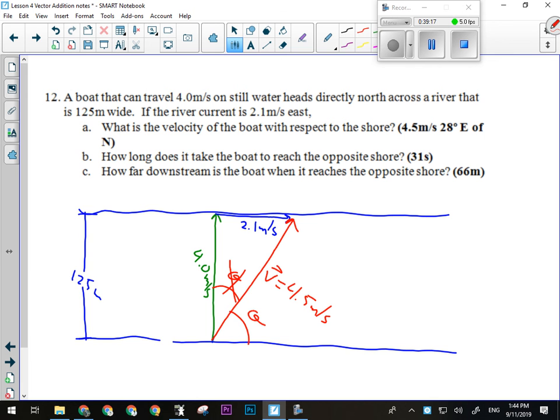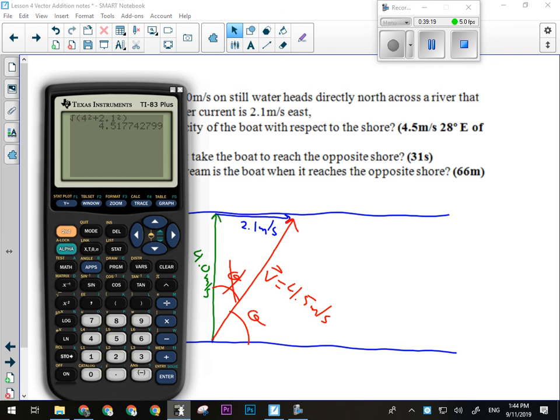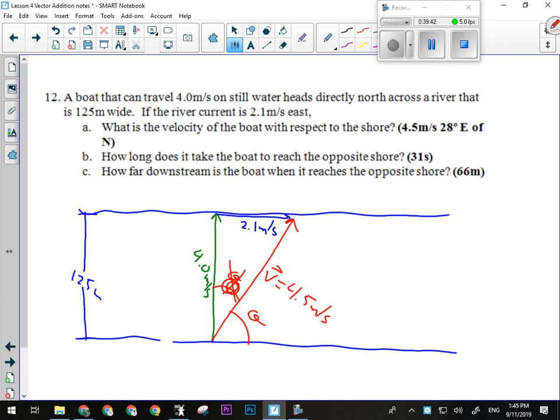I want to find the angle, right? So for me, I'm just going to kind of flip the triangle and make this side 2.1, the other side 4.0, right? And just do a second tan of that. So second tan of 2.1 divided by 4. So I'm getting 28, oh, sorry, I did that the wrong way. I did that the way I have it drawn here. Okay, so I drew it this way, that's the way I did the calculation. This angle is 28 degrees, but I want this one, so I go 90 minus that, this is 62 degrees